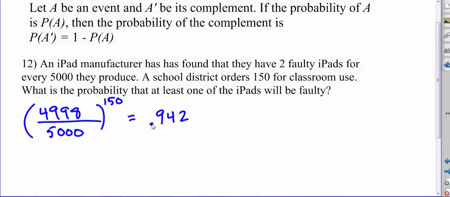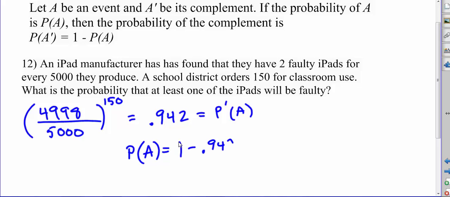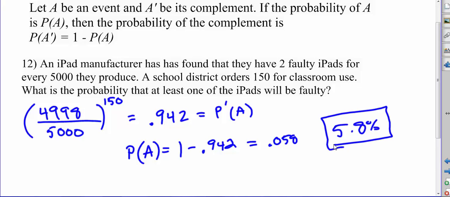0.942. So what we've got going on here is the complement of what we're looking for. The probability that all of them are perfect is about 94%. So if we want to find the actual probability that at least one is broken, we would do 1 minus 0.942, and we would get 0.058, or about 5.8%. It's not that it's impossible to work through this problem in the forward direction to find the probability of one being faulty,